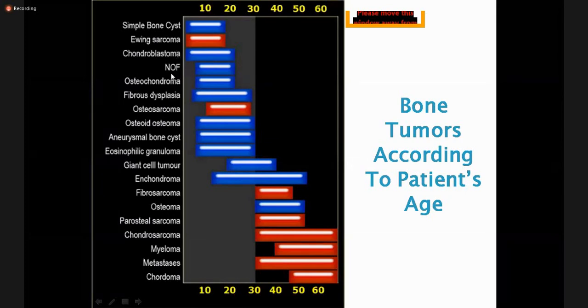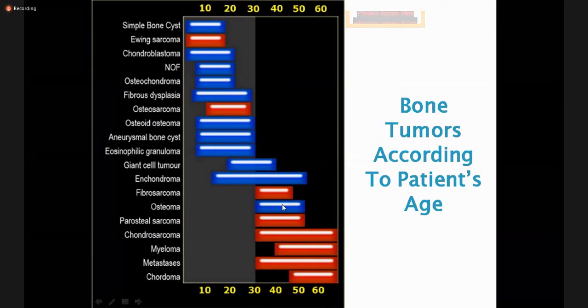Just like in non-ossifying fibroma, we have nothing to do with the patient. This is an asymptomatic benign tumor, so we just leave it. But certain tumors can lead with time to fracture on minor trauma, or there may be malignant transformation, or certain tumors like osteosarcoma, which are malignant. These are common in a young age, but they are malignant, so we have to treat these patients. Otherwise, most tumors in a young age are benign, except Ewing sarcoma or osteosarcoma.